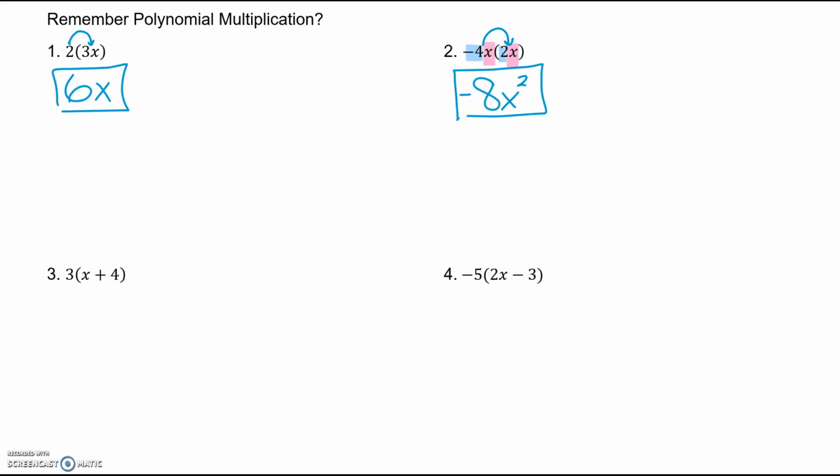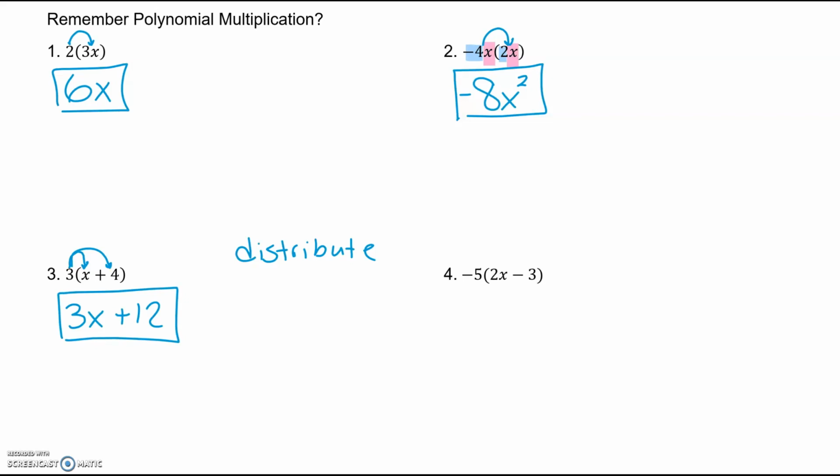Okay. When we look down here at number 3, the only thing that's changing is now we have a plus sign inside of our parentheses. So that just means we have to actually distribute. Okay, remember, distribute means to take the 3 and multiply it to both pieces inside the parentheses. So 3 times x is 3x, and 3 times 4 is a positive 12. So I get 3x plus 12. If I had 2 terms being added together in here, I should be ending with 2 terms being added together